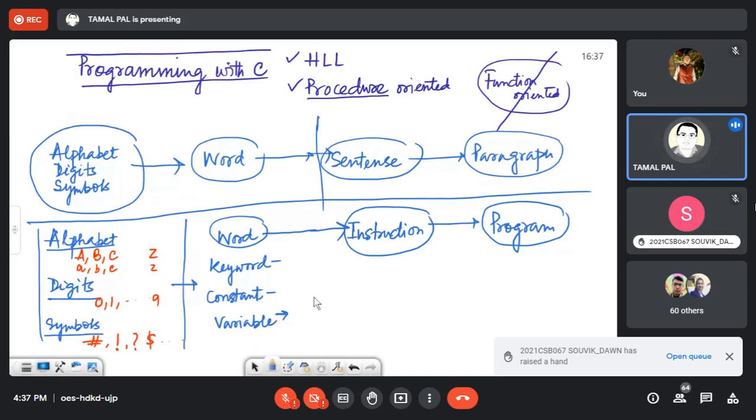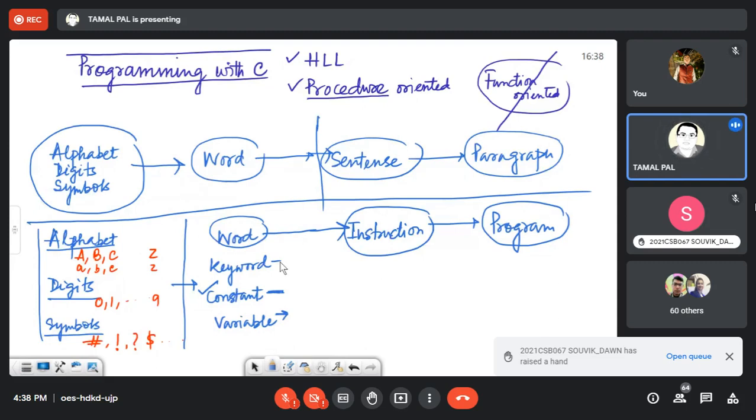The entity that changes is a variable, and constant is an entity that does not change. Here also the definition is almost the same. Constant does not change. Let's say 5, 6, 12, 100 like that. And variable and keyword require a little bit of explanation.